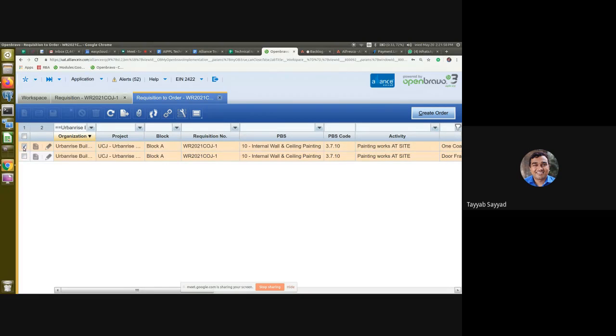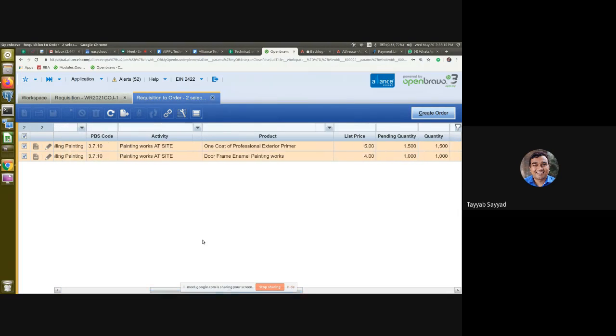I can select all by clicking on this checkbox; unchecking it will unselect everything. So I selected both and I can say create orders. The system will create the work order for Abbas for these two line items.